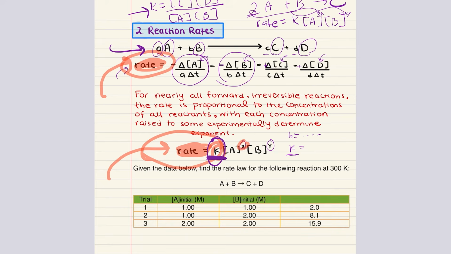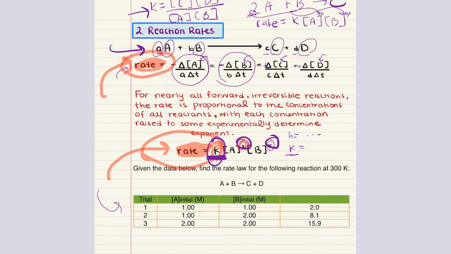Now, keeping that in mind, and before we dive into an example problem, I just want to reiterate some really important points here, our takeaway message. The values of K, X, and Y in the rate law equation are all determined experimentally for a given reaction at a given temperature. The rate law is an empirical relationship that shows how the rate of a reaction depends on the concentration of reactants. When you're given experimental data on the MCAT, like we're going to see in this first practice problem we're going to do,